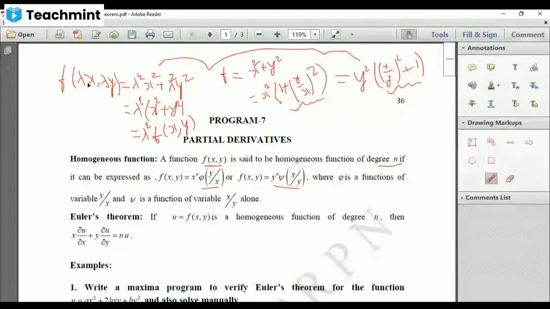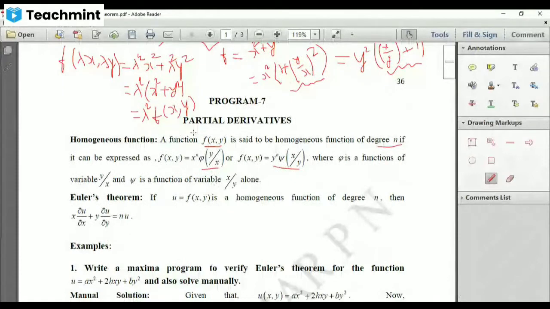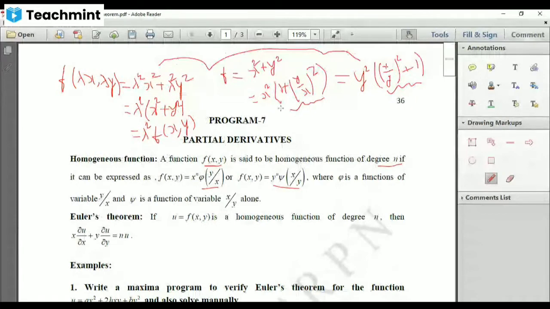Suppose if it is f of x, y, z, then you can replace x by lambda x, y by lambda y. Similarly, you take lambda z, and if you can get lambda outside, then the remaining thing should be a function of x, y, z, right? So if you can write like that, then also it is homogeneous. So homogeneity of a function depends on either by taking maximum power of x outside, and the remaining equation should be a